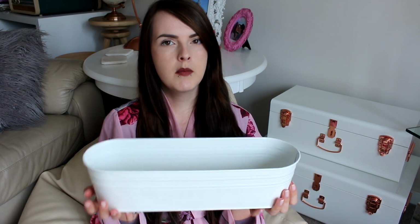And then also for my kitchen I picked up this. So this was £6 from IKEA and it's just a planter. I'm going to put the herbs I've got in here, so I've got a couple of herbs I can just put in and keep them all nice and tidy, and I'm going to keep that on my window ledge,